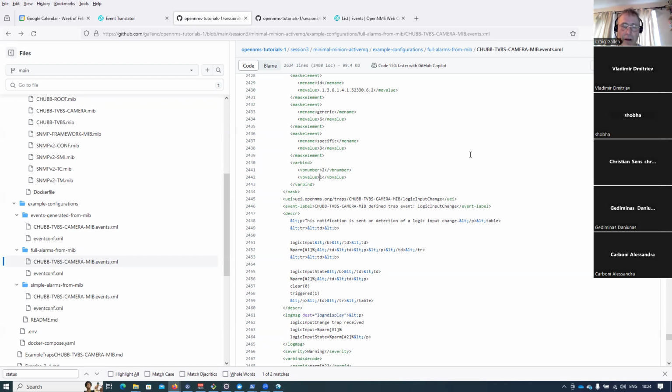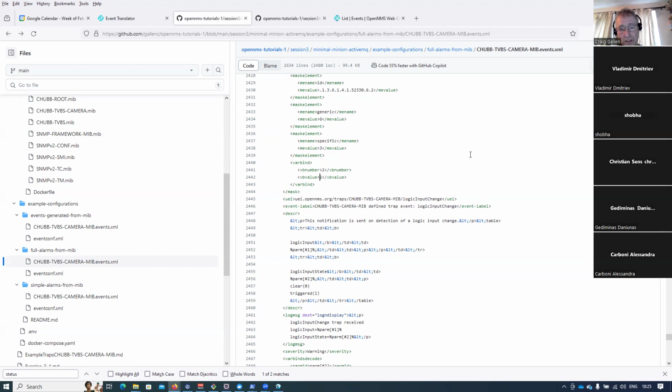Yeah. So if you remember, if you just get a trap which we can't decode, we just get a generic message that says we've received a trap, and it doesn't tell you anything other than the value of the var binds in the trap. So if you get a trap, you will always get a message of some sort, but it won't be very useful. And this exercise is about making those messages human readable, so that a human can see, what does this